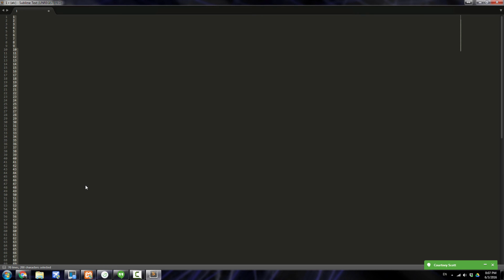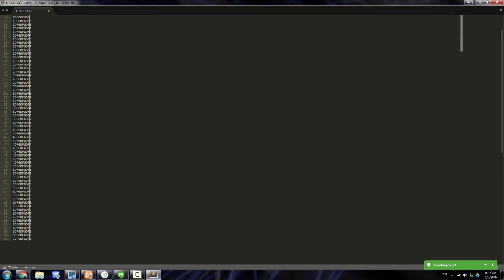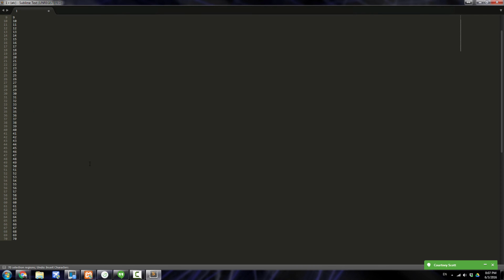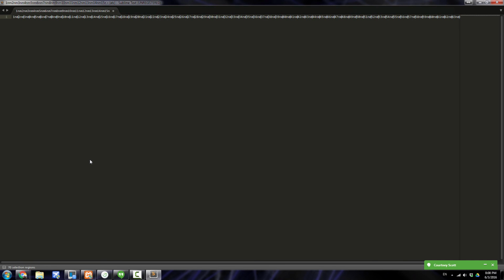So a couple cool things about Sublime. This is Sublime Text 3. I can just select all with Control A, and then Control Shift L will give me independent selections on each line, so that I can type stuff in between them. And what I'm going to do with that is type NM for nautical miles at the end, and then I'm going to hit delete to bring them all in the same line and separate them with commas. And at the end I will get rid of this straggling comma, and then you should see I have 1 through 70 nautical miles. So I will just copy that,